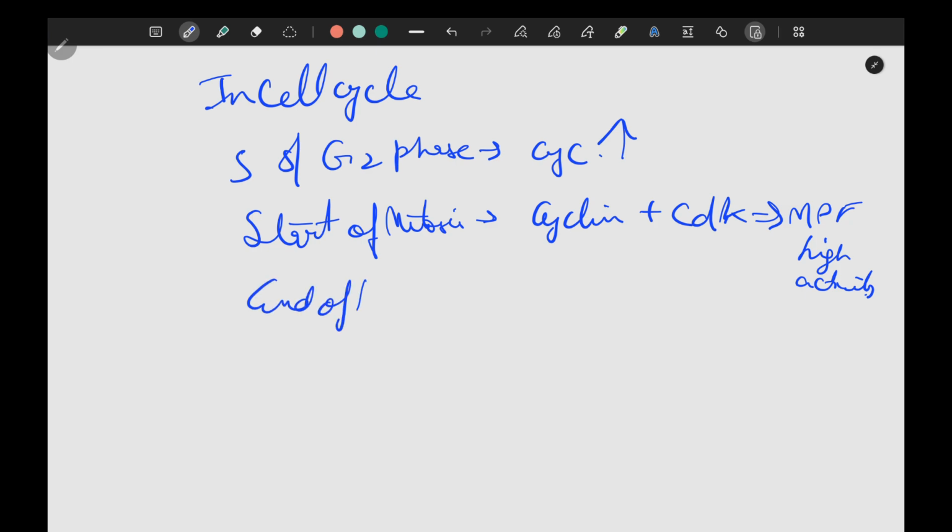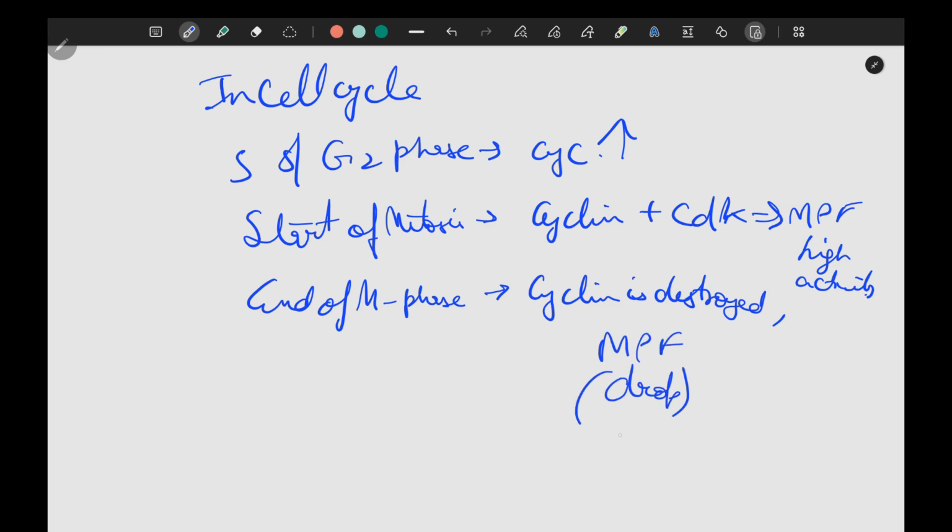At the end of meiosis, you can say M phase, mitosis, cyclin is destroyed, causing MPF activity to drop suddenly. This helps the cell cycle to finish and return to G1 again. Now MPF, earlier, is known as M phase promoting factor,